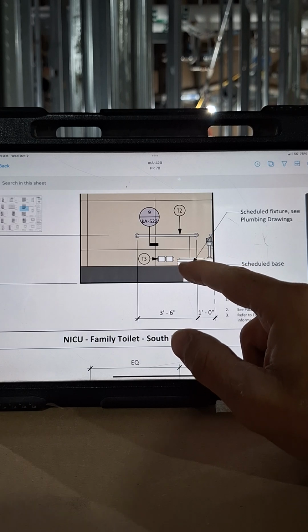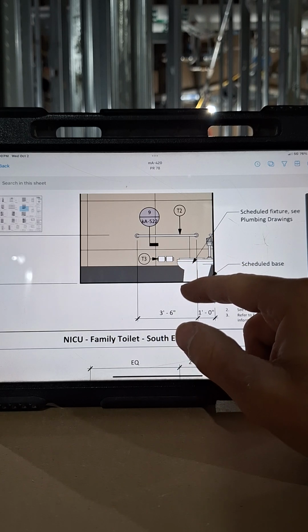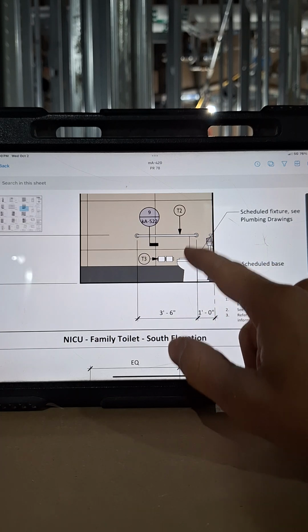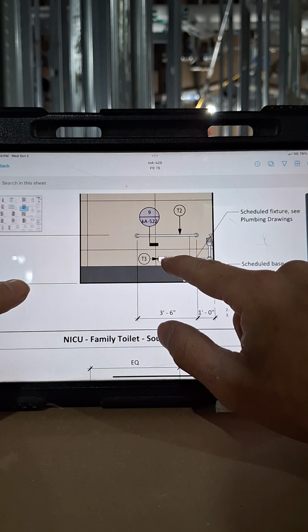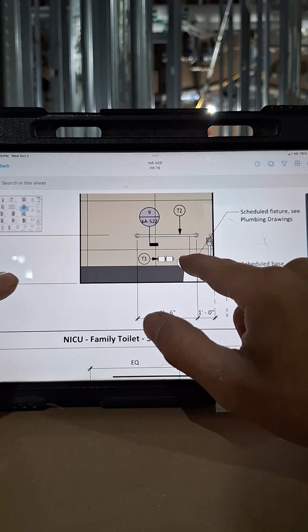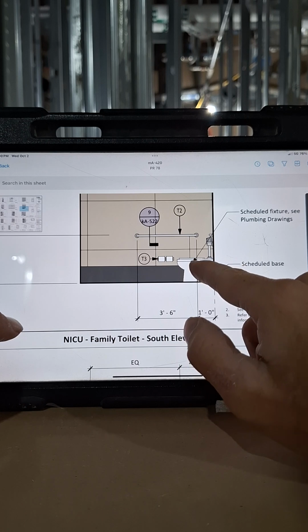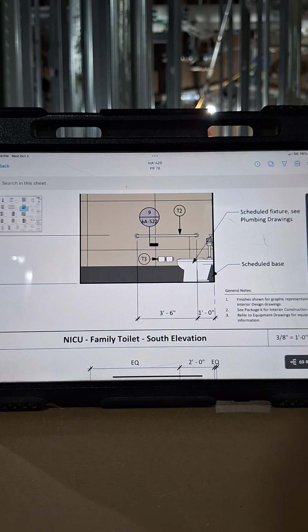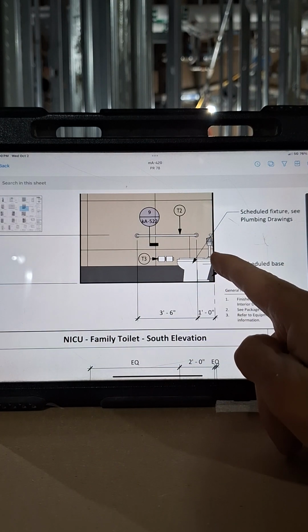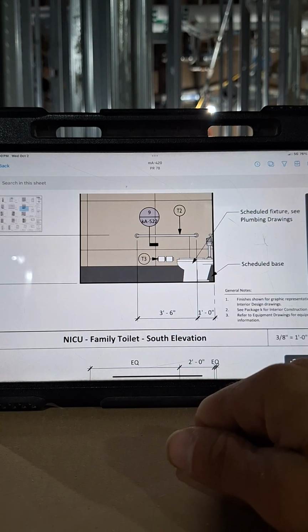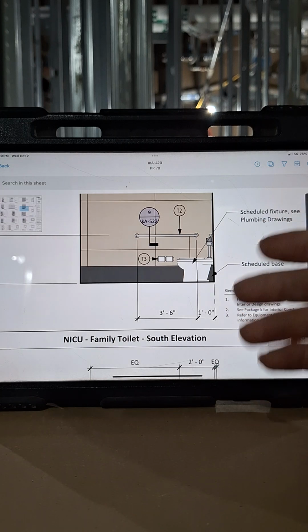Oh, that was a 42 inch grab bar, not 40. I misspoke in the last one, and I was not confident, but 42 inch grab bar. So here you can see the toilet paper is mounted about the height of the toilet. So you can get that information from your plumbers or your GC, find out about the height of the toilet. Or in this instance, because it's not really a critical item, like they could go with